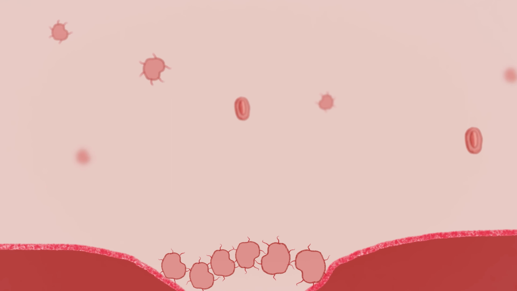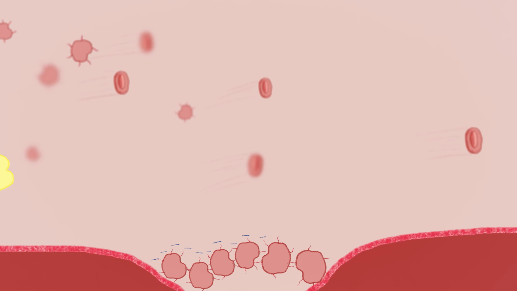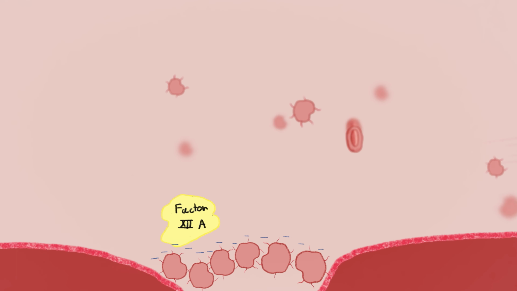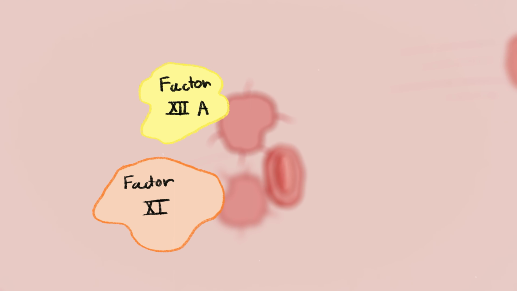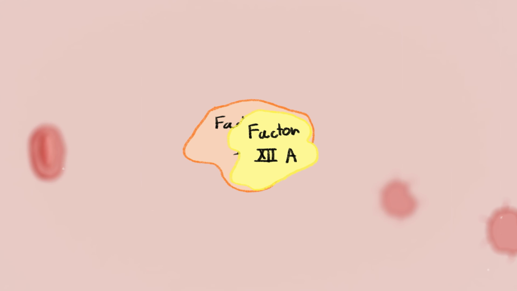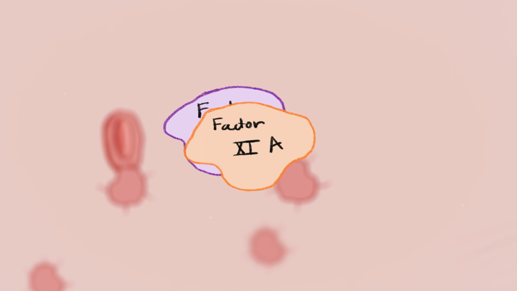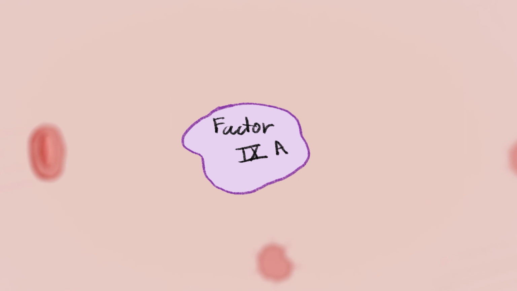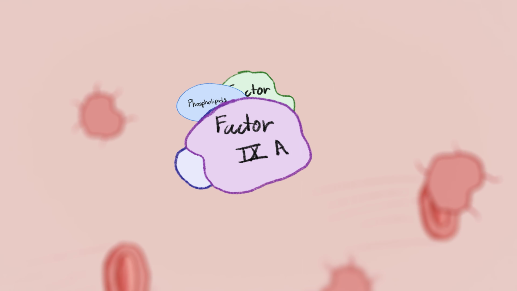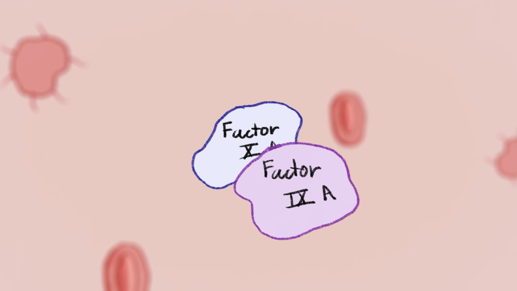So to start, coagulation factor 12 is extremely attracted to the negative charge on those platelets and is activated by it. The activation of factor 12 can then go and activate factor 11. The activated factor 11 then activates factor 9. Activated factor 9 and activated factor 8, which is activated by something called thrombin, which we'll go into later,